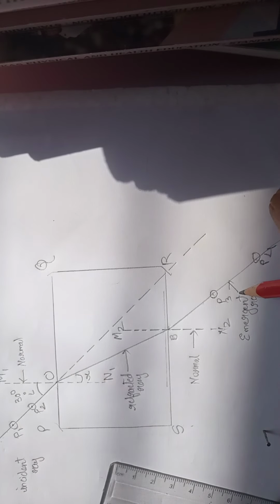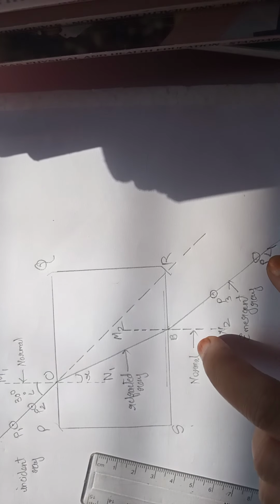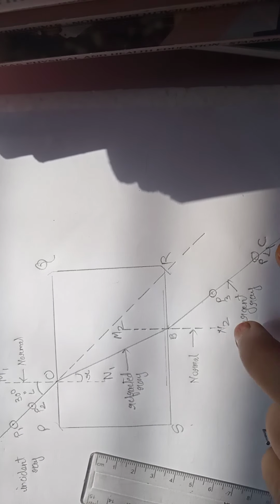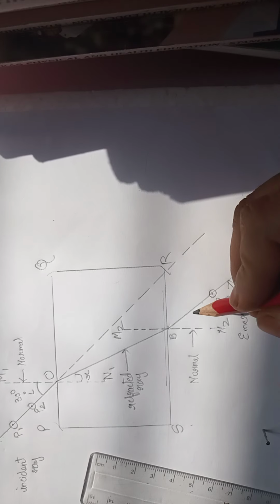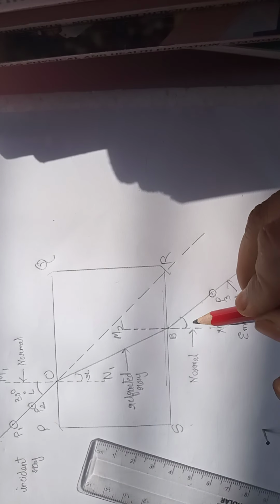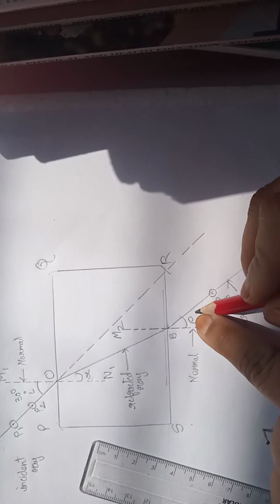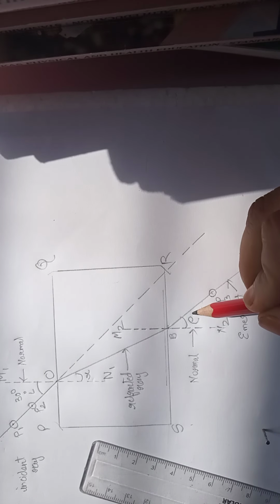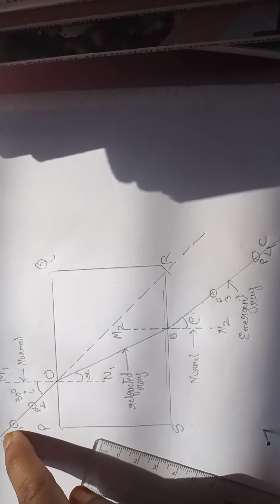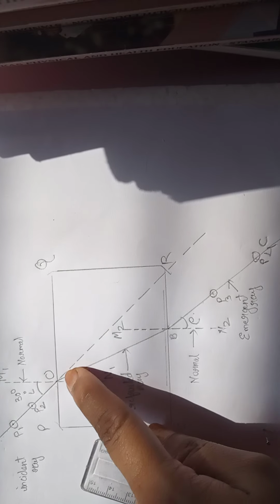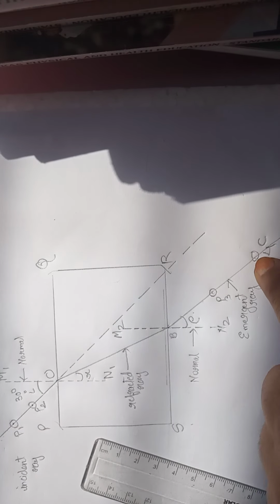Here the emergent ray, this I will call as C. This emergent ray BC with the normal is forming the angle of emergence. So I will label it as E. So the same way how we gave the name, this is the refracted ray, this is the refracted angle, in the same way this angle is going to be the emergent angle. And if you will see, the line which has been incident from the rare medium is coming exactly parallel to our emergent ray.